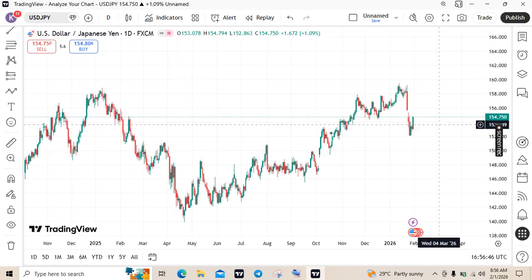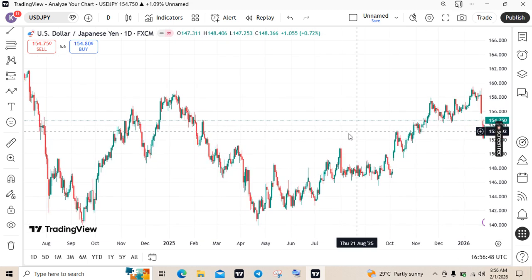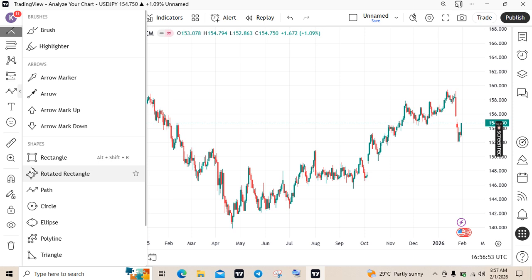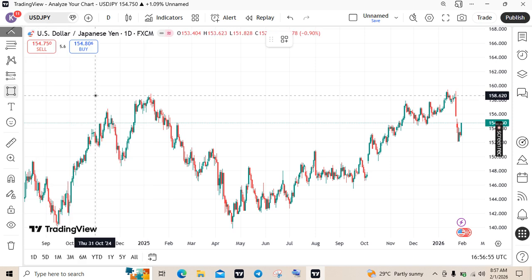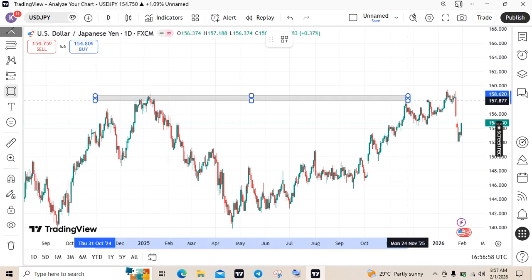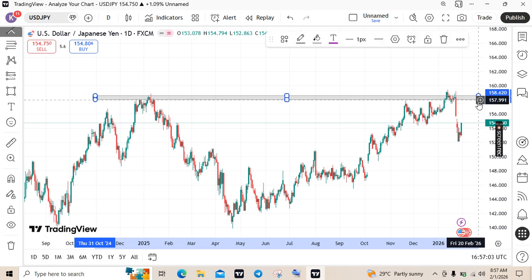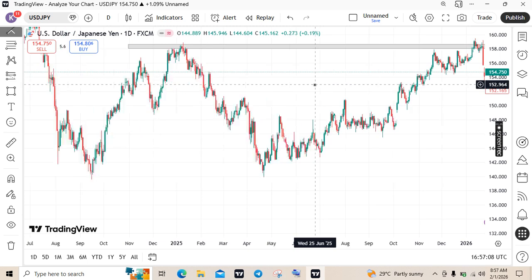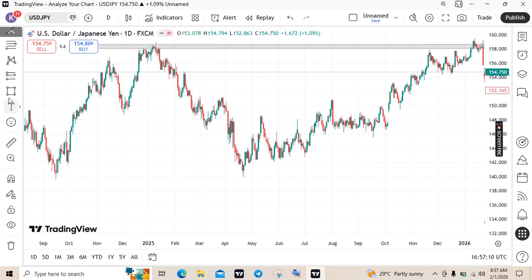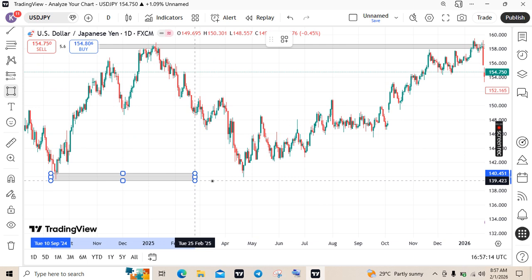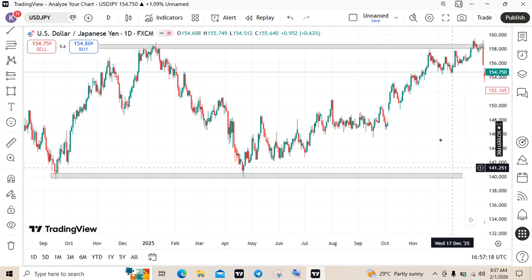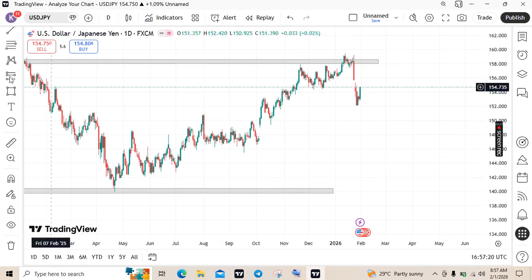we can spot. We can spot this resistance over here. There's a resistance here. There's a resistance here. You can spot this resistance, and on that resistance there's also another one here, which is not important, but let's just know that there's also a resistance at this downside. And from that resistance we can have